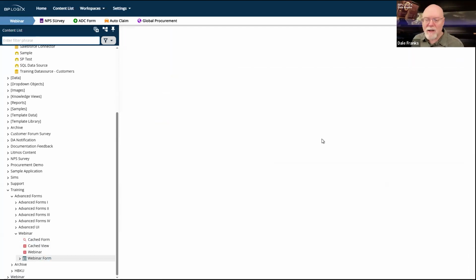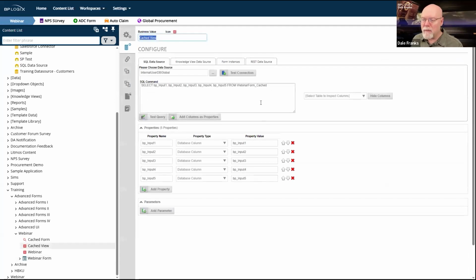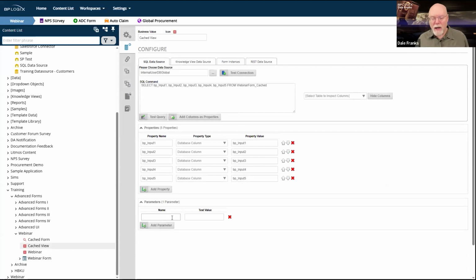And inside a business value, you can parameterize that ID so that you can pass that ID back and forth. And I can see different forms. Conceivably, I could have a button on a form that says, show me all of my line items for this order number from another form, and it would just pop it open.